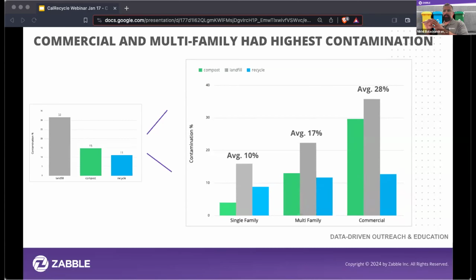On the right-hand side, you could see single family contamination was by far, significantly lower than commercial and multifamily contamination. And then within the different streams, compost or organic contamination was lower than the other streams. So you can really get down to this type of granular information to help with the outreach and education.